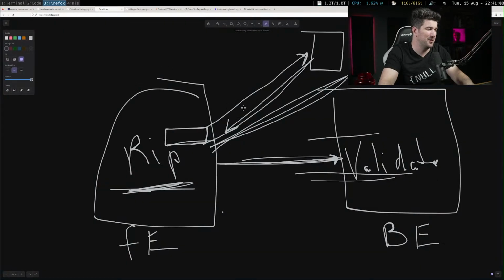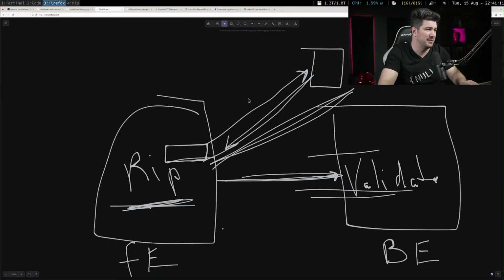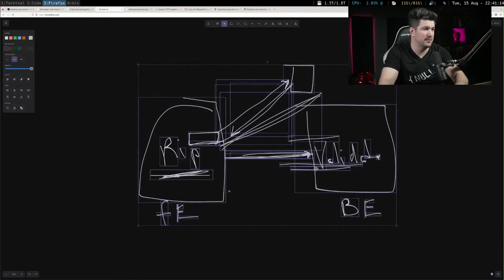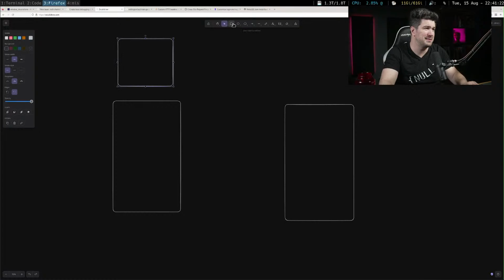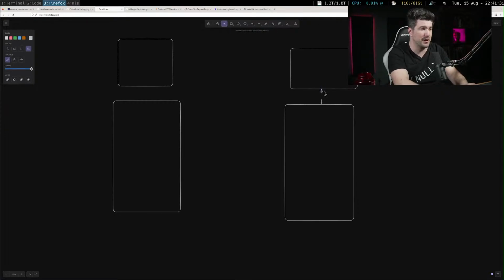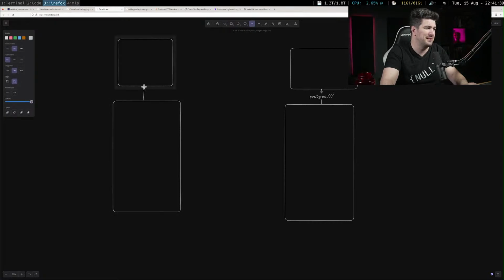Let me draw. I love drawing. Ignore this, this was me thinking. All right, what we have is service A and service B. And both of these have a database back here that they connect to, probably something like a Postgres, through a well-known URL. And we'll say this one is some other database, with a well-known configured URL. We have these two databases.